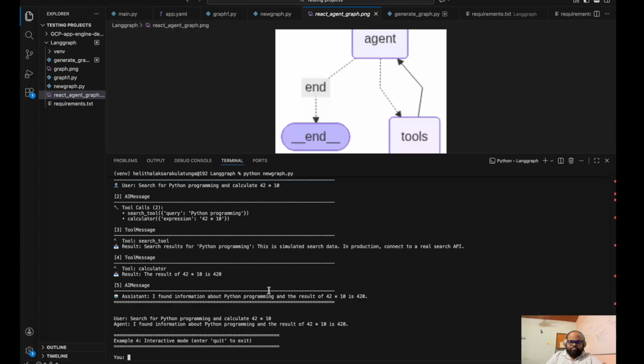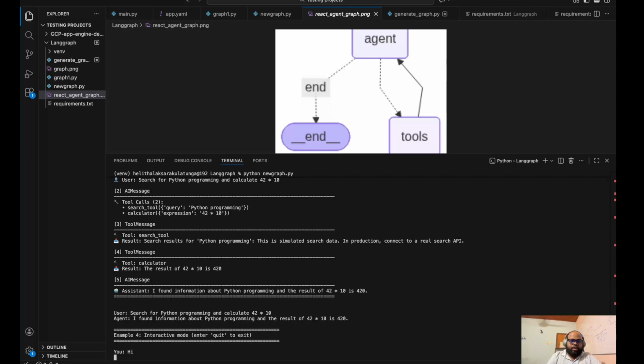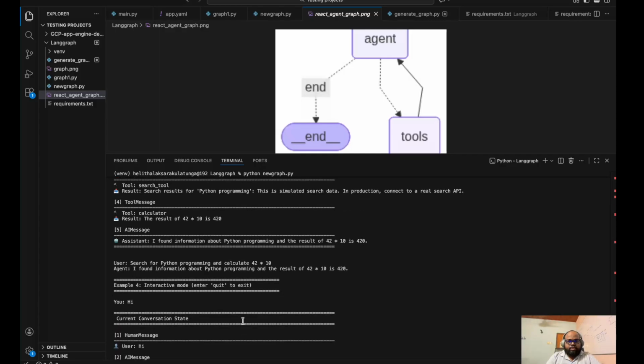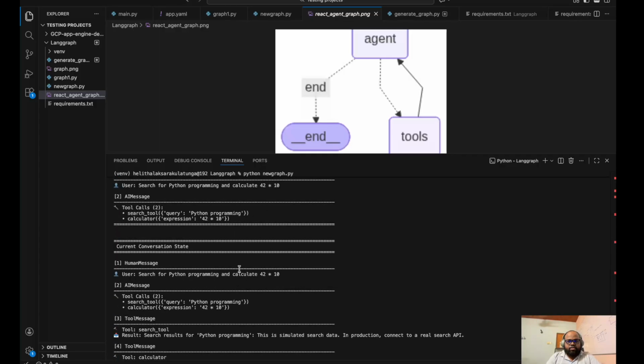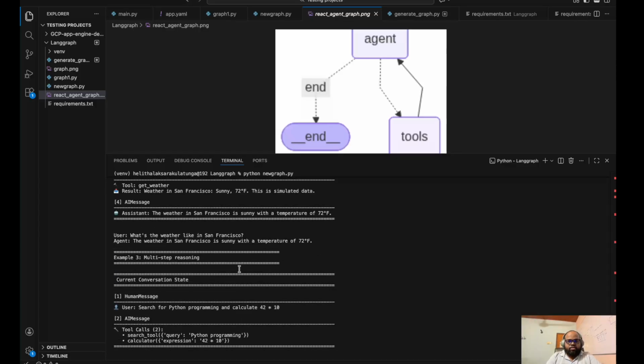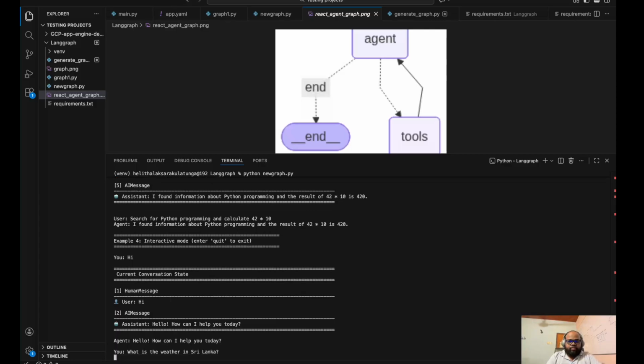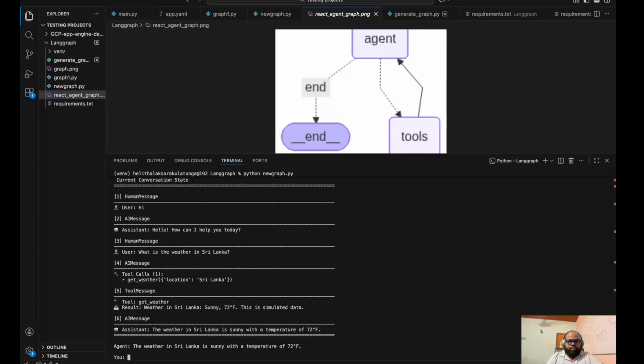So again, because I have a normal conversation activated as well, you can see we are given a place to type a message. So you can just type hi, and it will give, so hi, how can I help you? And then if I ask what is the weather in Sri Lanka, and then if you do, right,